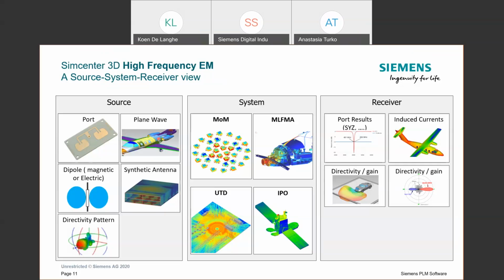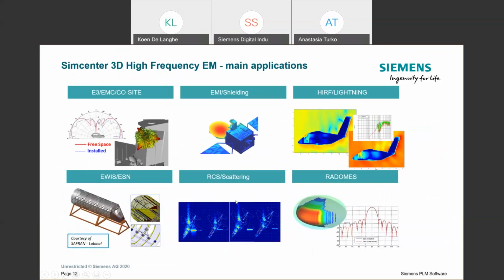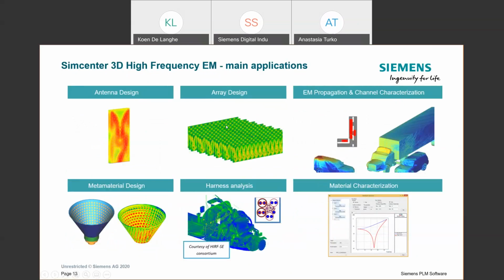Koen? Yes, okay. So with these technologies, you can then do different applications, and we cover a very wide variety of applications for many industries, from space, electronics, and so on. For example, EMC, shielding, HIRF, lightning in aircraft, structural network, scattering, radome development. So the development of radomes, for example, for electronic systems in aircraft, or antenna design, array design,